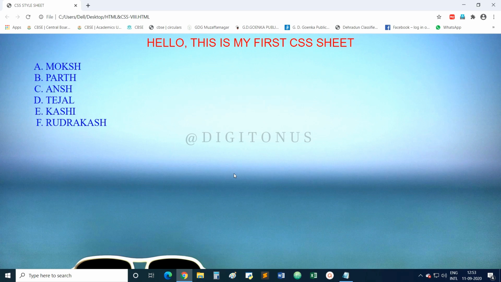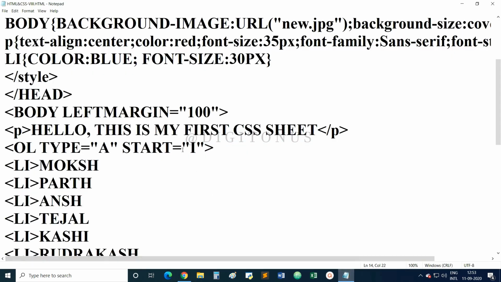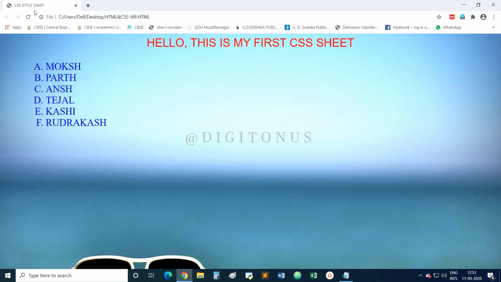So with the start attribute we will write 9 and save, then refresh the browser. Now you can see that your list has started from alphabet I, J, K, L, M, N and so on.